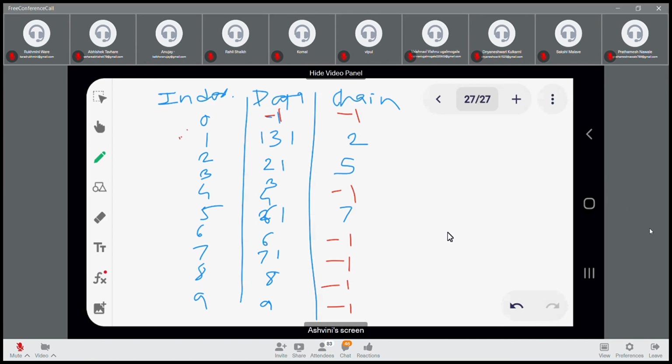आपने चेक किया 1 पोजीशन पे क्या है, 131 है। ओके, सो 131 चाहिए क्या, नहीं, अपने को 71 चाहिए। You are searching for 71. ओके, सो 131 के लिए चेन क्या दिया है, 2 पे अगर आपने देखा तो 2 पे तो 21 है, again you are not getting 71, तो 21 का आप again चेन चेक करो, तो 21 का चेन क्या है, 5 है, तो 5 में अगर आपने चेक किया तो 61 आता है। ठीक है, तो 61 आता है, लेकिन आपको 61 नहीं चाहिए, आपको 71 चाहिए।